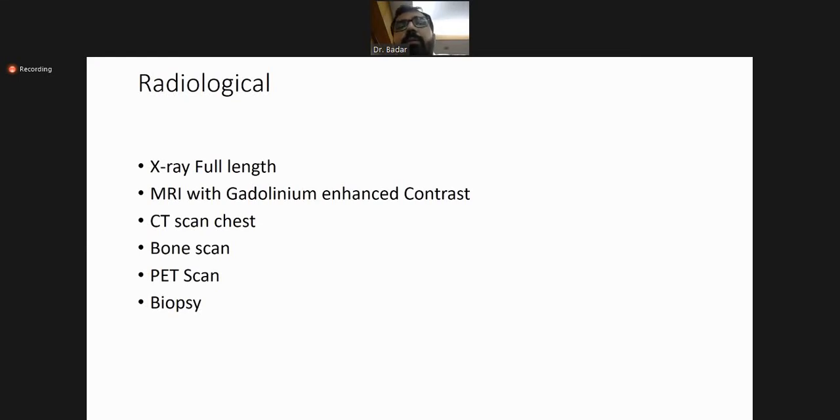Number 1. Number 2, after all investigations, you want to find the exact site that is easily accessible to do the biopsy smoothly. Number 3, after all investigations, you can rule out that the patient has renal cell carcinoma. Because if you do the biopsy without investigation and it turns out to be renal cell, it will bleed a lot and the patient will die on the table. So don't biopsy renal cell carcinoma until you do the angioembolism first, and do the rest of the biopsies in the end. So these are a few reasons why you need to do all investigations first and the biopsy in the end.